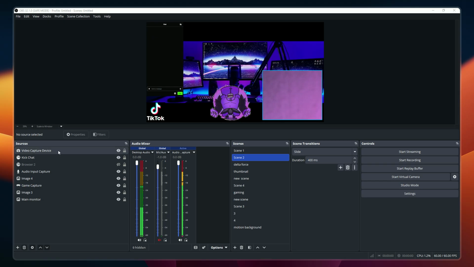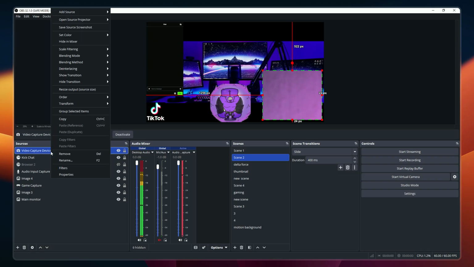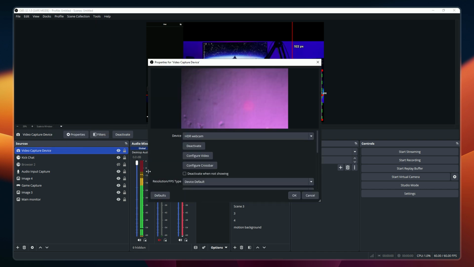Now, locate your video capture device or webcam source in this Sources panel. Once you've found it, right-click on it to reveal a context menu with several options. From this menu, select Properties. This will open up the settings specific to your camera device and allow you to access the controls we need